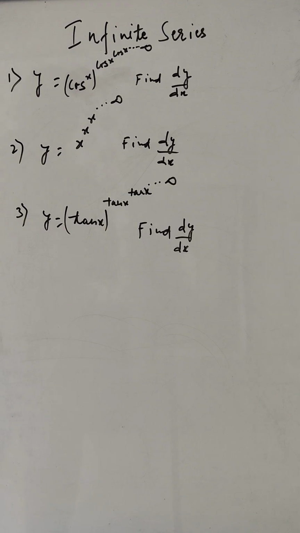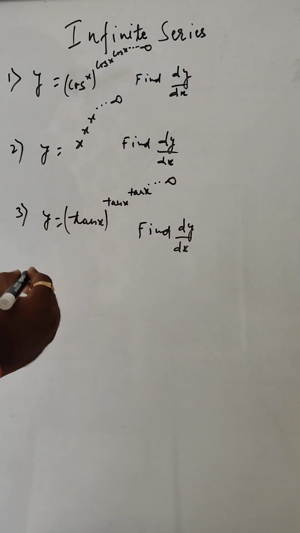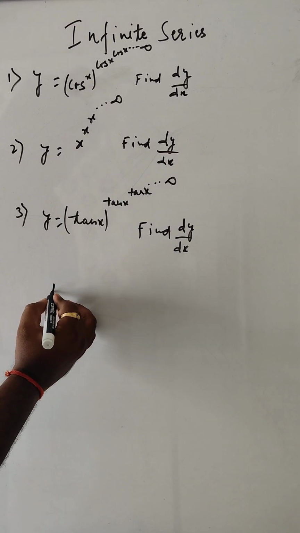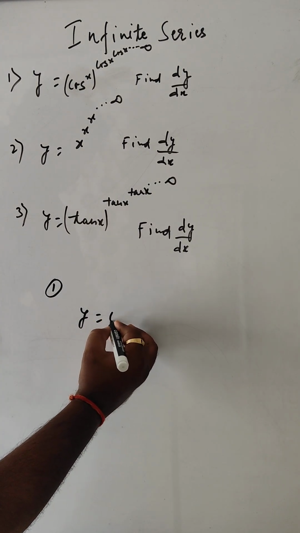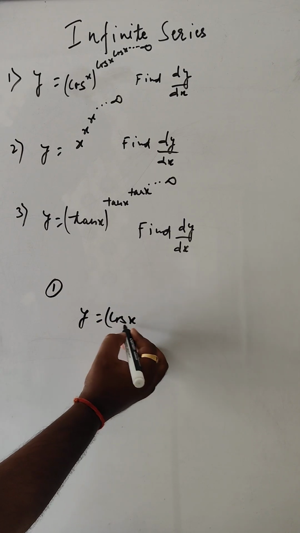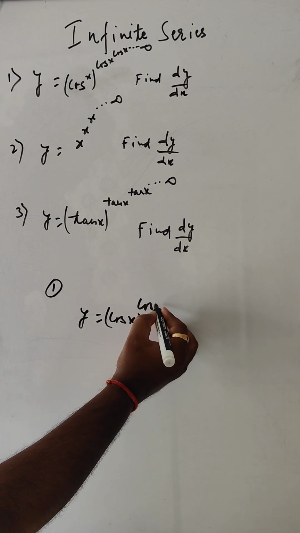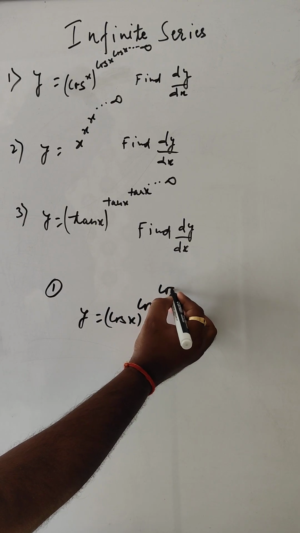These three problems can be solved very fast if you know that formula. So if we take question number one, what we have is y equals cos x to the power cos x, to the power cos x,